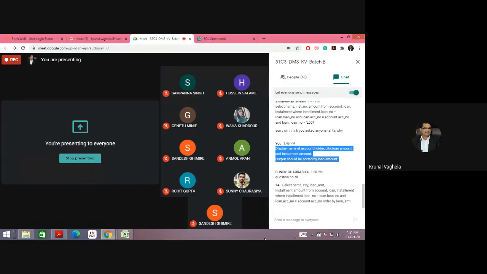Select name, city, loan underscore amount, installment dot amount from account, loan, installment where installment loan number equals loan loan number, loan account number equals account account number.